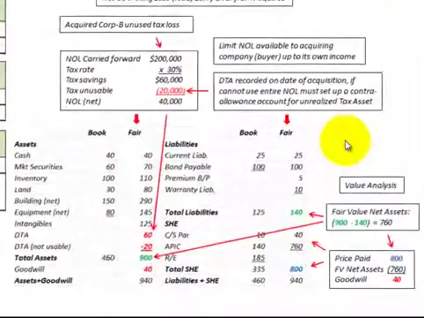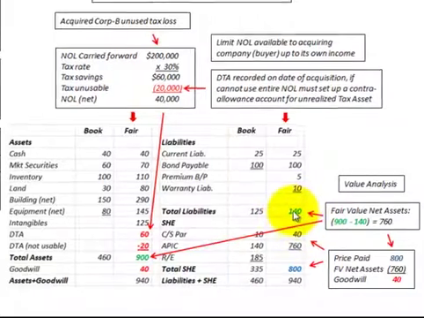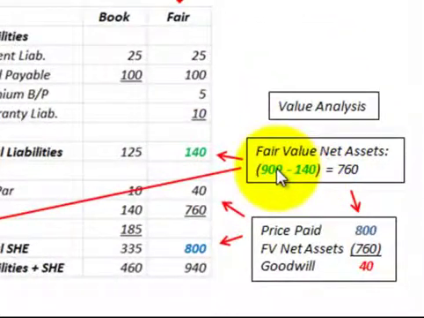Okay, now let's calculate the goodwill here, which includes this deferred tax asset. So looking at our value analysis here, our fair value of our net assets, for our total assets here we have $900,000. That includes this deferred tax asset here of $60,000 less the unusable amount here of $20,000. And then for our total liabilities here, the fair value, that's $140,000. So the difference here, $140,000, subtract that from the $900,000, and we have $760,000 for the fair value of our